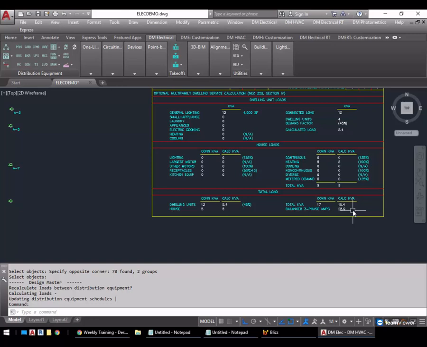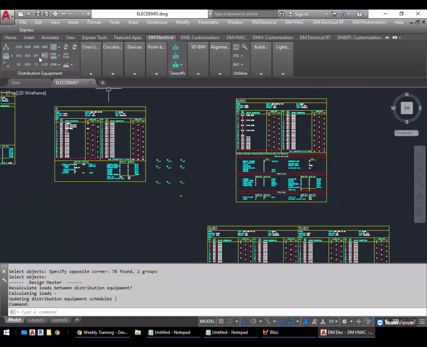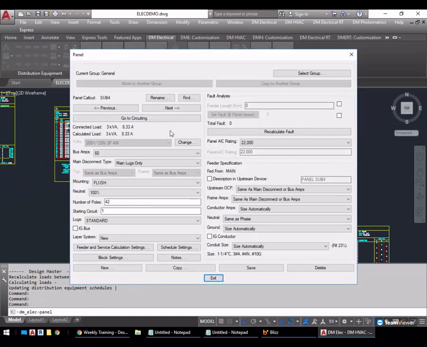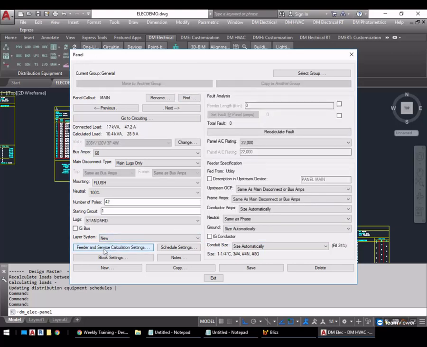All right, I think I have covered what I intended to cover for dwelling unit calculations. What did you use for the main schedule? So if we pull up that main panel,